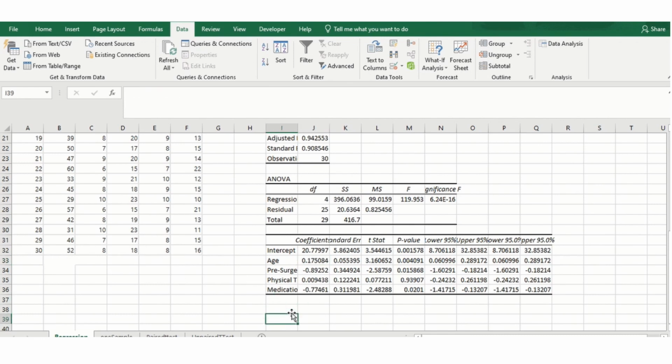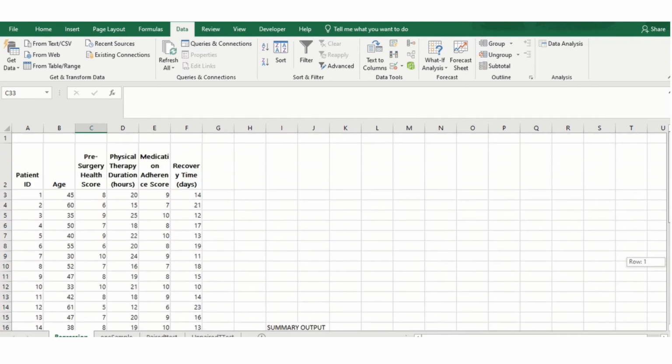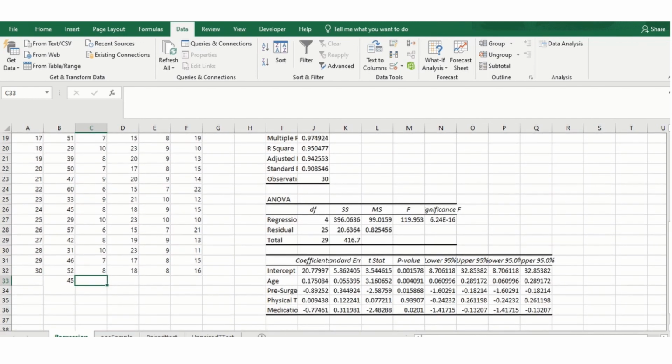So let me show you how you can predict with what you have. We want to predict here. You provide the values you want to predict for, for example, the age, sample age maybe 45 years. What will the recovery time be for someone who is 45 years, with a pre-surgery health score of 7,